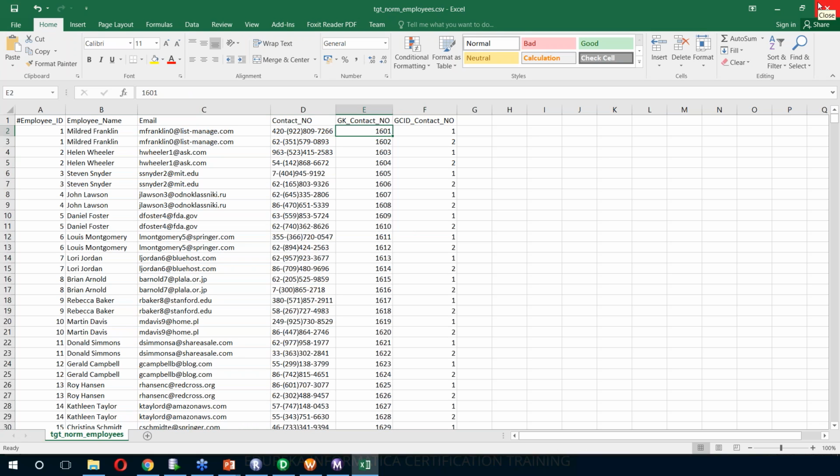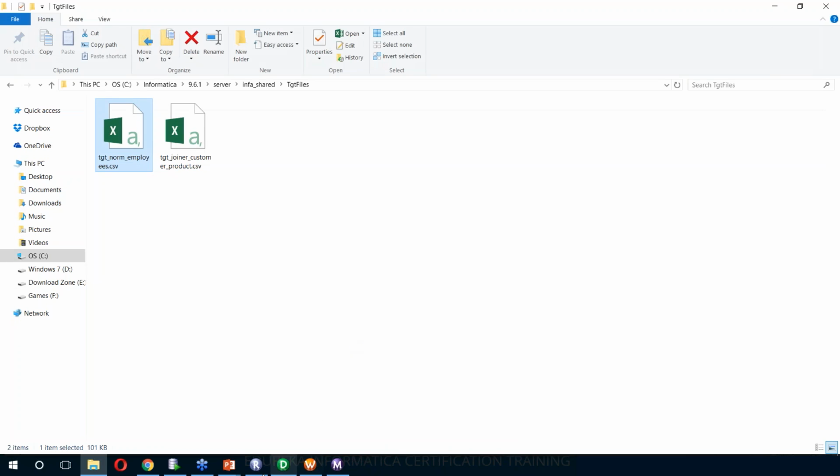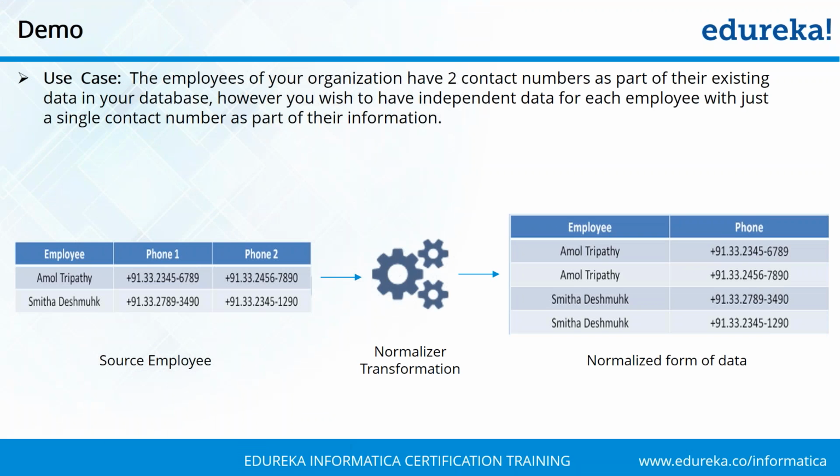So are we clear on this, how the generated contact key works? Any questions with respect to the normalizer transformation? Sandeep says no, Dave says no,